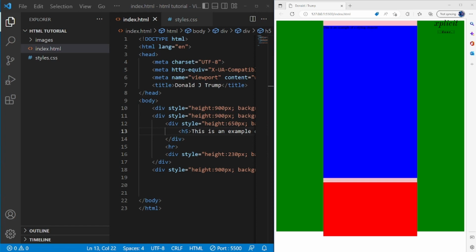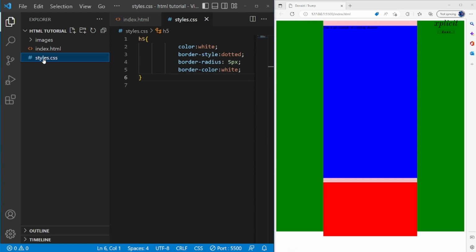So, this is a continuation of the previous video, where we're talking about styling and style sheets. In the previous video, we discussed the inline as well as the internal styling. For now, the one thing that we didn't cover is the external styling that I want to discuss in this video. So the first thing you want to do is to create your